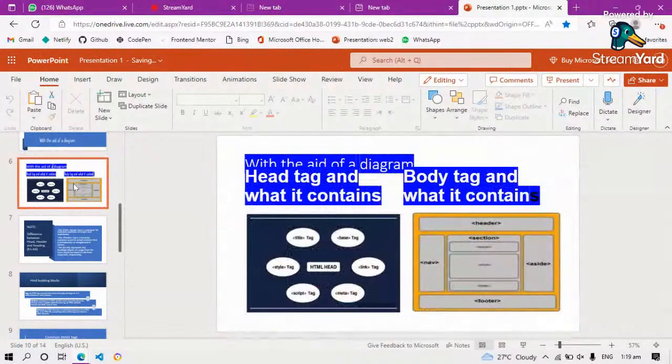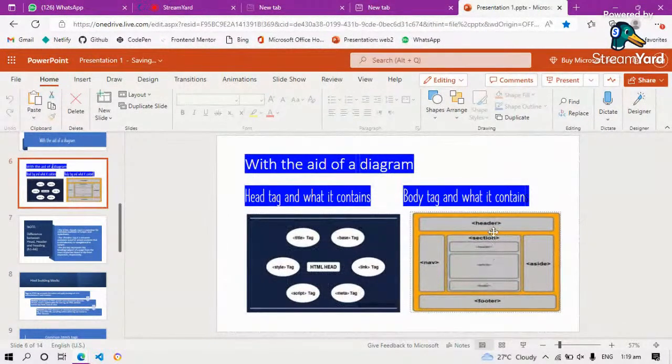Okay, I was trying to explain that in the body tag, we have the header, and we have head, we have header, and we have heading. I was explaining the difference of these three, but later on. The header is where you put your navigation, even your introductory code.